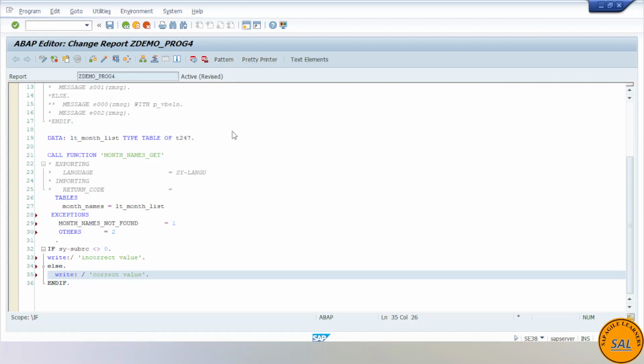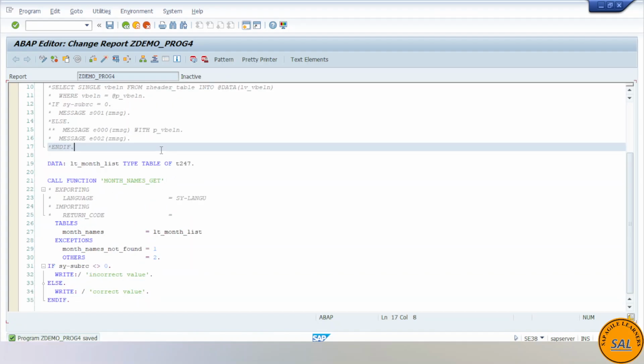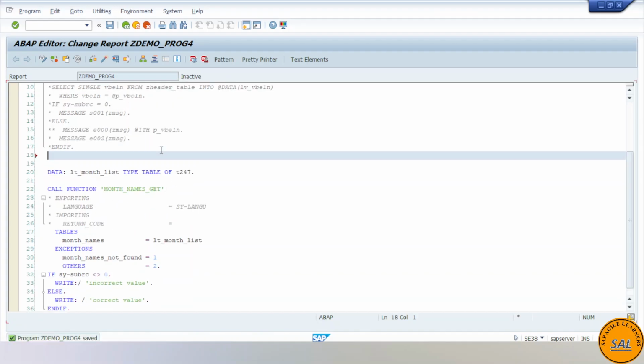Do the pretty printer and do the syntax check. Yeah, there is no syntax error. Save it, and just even we can, what we can do, we can